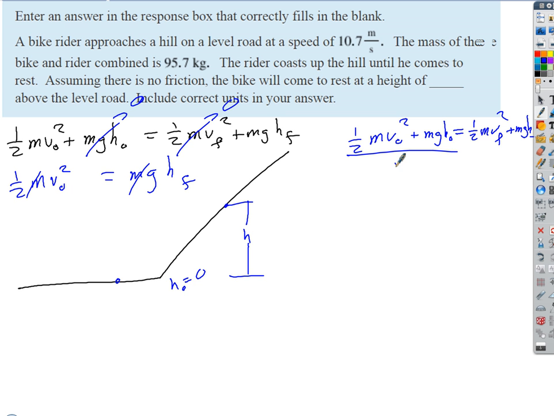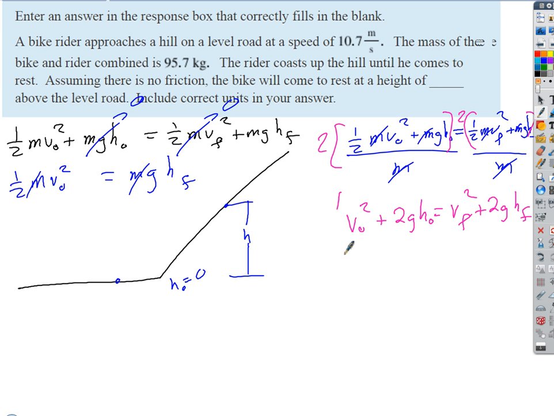I could divide both sides by m, so all the m's cancel, and I could even multiply each side through by 2 if I want to, right? I could make this equation simpler if I wanted to. If I were to distribute a 2 through both sides, 2 times 1/2 cancels, and so I get v naught squared plus 2 g h initial equals v final squared